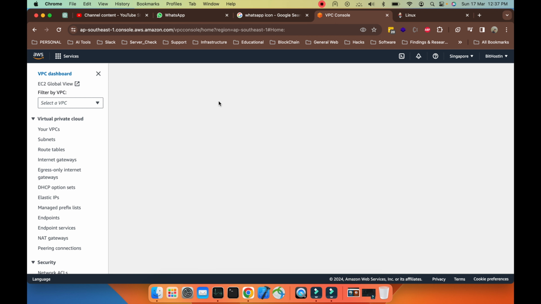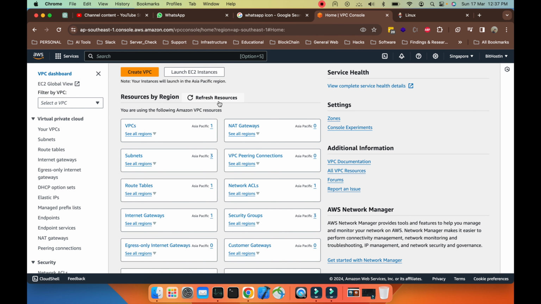So what is a VPC? First, you need to know that a VPC is a virtual private cloud. When you are on AWS, your infrastructure will be completely private from others. You have your own VPC, and other people's accounts will have their own VPC. All of these have their own VPC, and